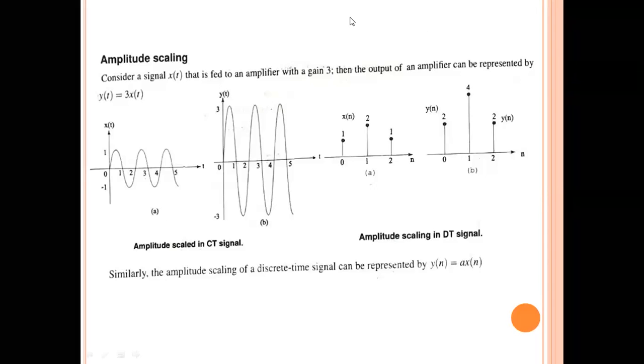Now see here, this is a basic signal x of t, and I am asked to sketch 3 into x of t, that is y of t is equal to 3 into x of t. On the y axis I am considering y of t, and on the x axis I am considering time. If you multiply 3 into x of t, you are going to get y of t. So how do you multiply x of t with 3? This is nothing but a gain. You are going to multiply the amplitude with 3. So 3 into 1 means obviously you will get 3. 3 into minus 1, you will get minus 3.